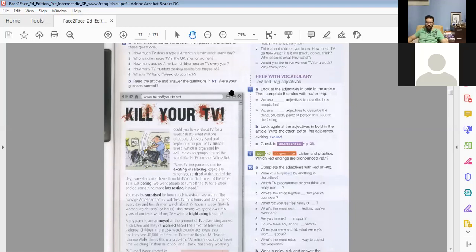Maybe, and how long is a football match? An hour and a half, a full football match. Yes. So if you watch just one match, that's an hour and a half. So it's quite long. So imagine if you watch more than one match per day. But a woman is